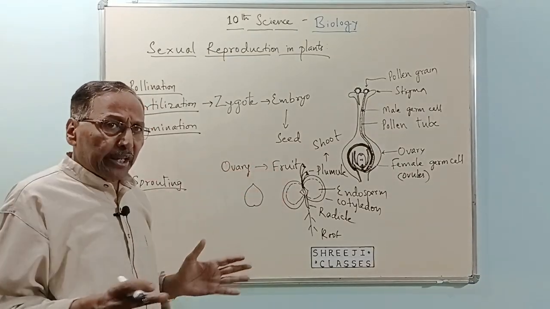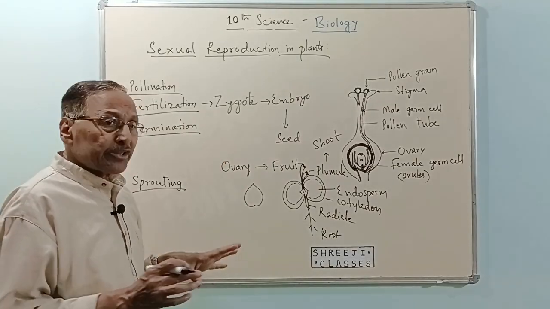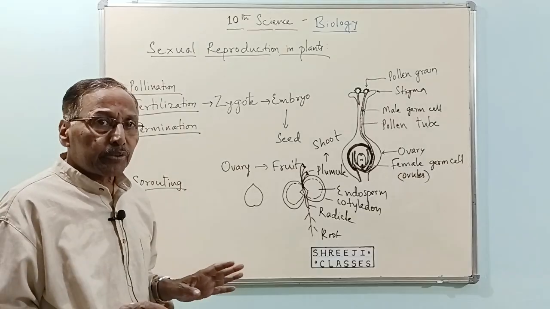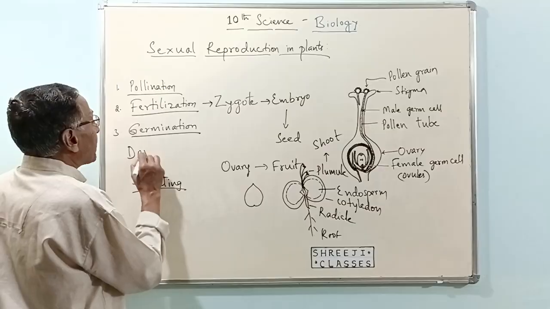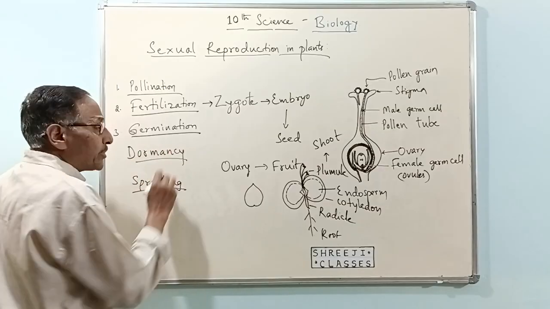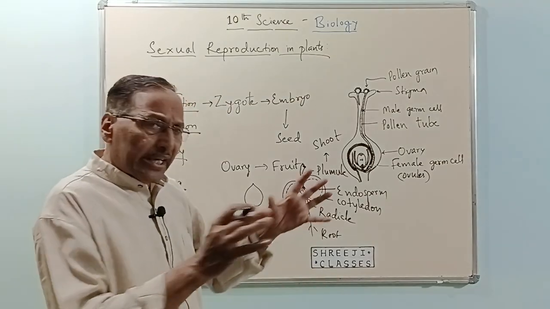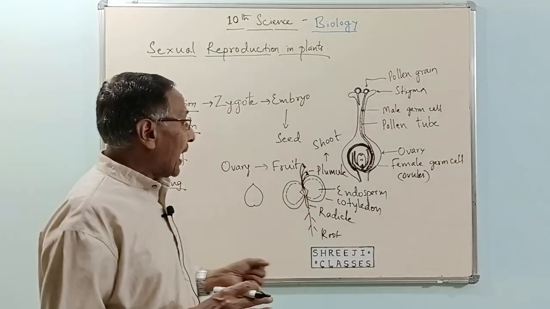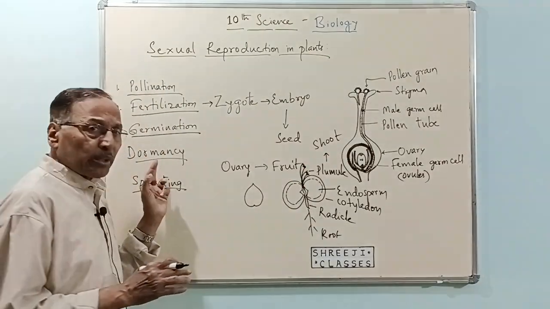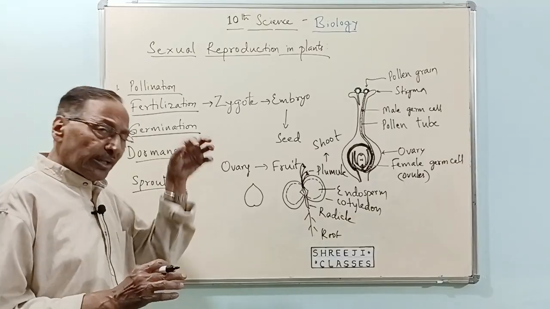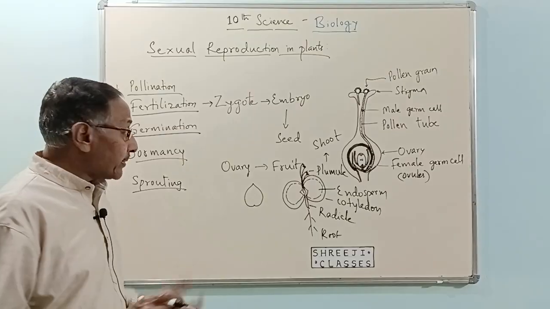During this middle period, that is, once the seeds are formed and before they get favorable conditions, the seeds do not grow at all. Seeds remain dormant. We call it dormancy. It means the seed becomes inactive. There is a gap between the formation of the seed and formation of a new plant. This period of inactiveness we call dormancy. Once the seeds get favorable conditions, that is, we sow the seeds and water them, then they start growing into